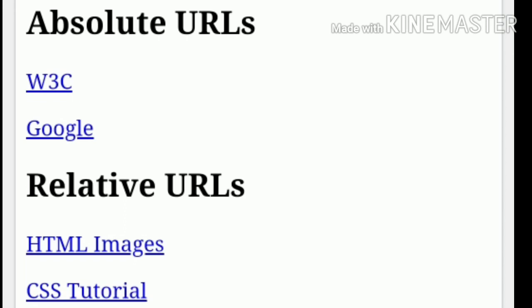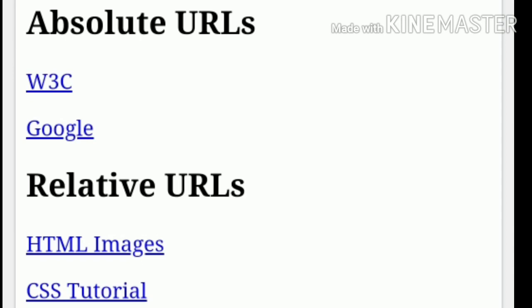After then you can write any image of some program execution. You can write the a tag, that is a href equal to, within double quotation, default.asp, within double quotation closed. After then image tag, you can start here. You can write image tag. Previously you know the image tag, image src equal to, within double quotation, you can write an image file name, that is smiley.gif, within double quotation closure.